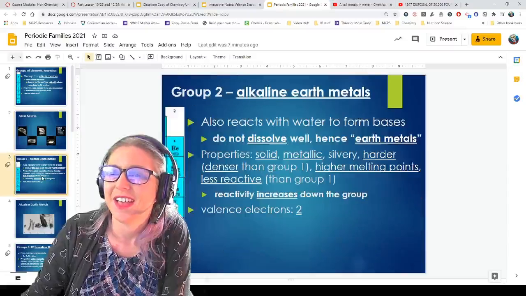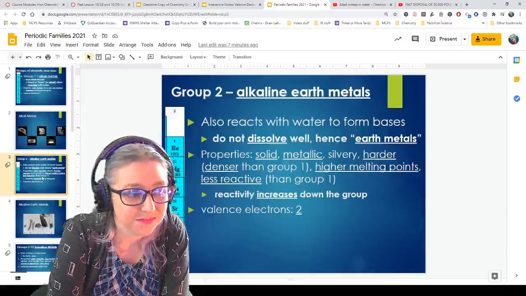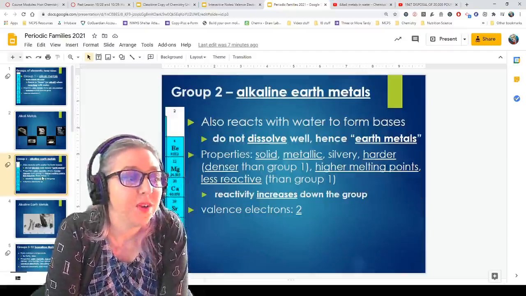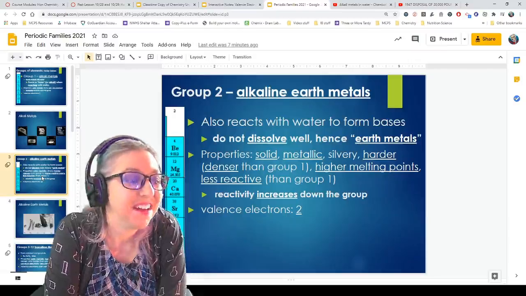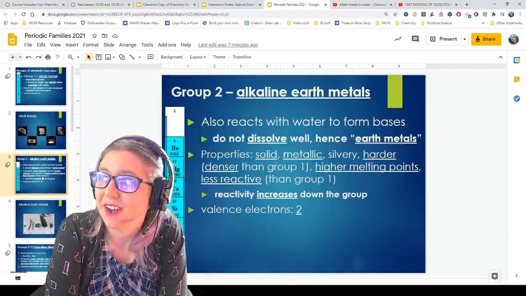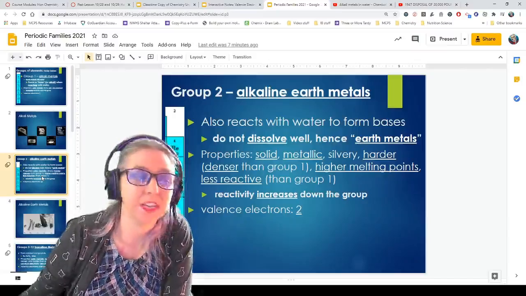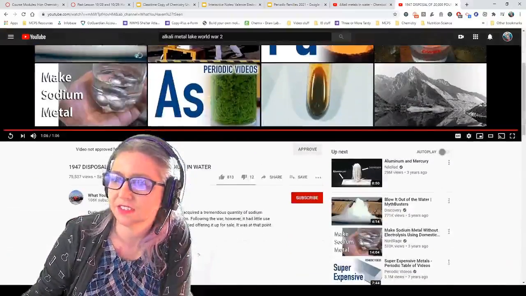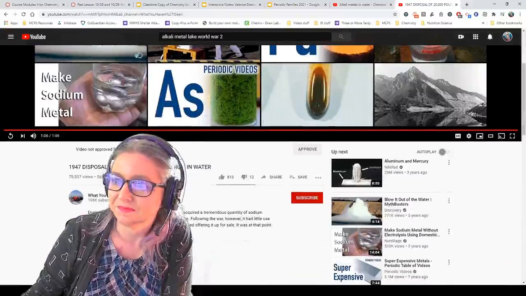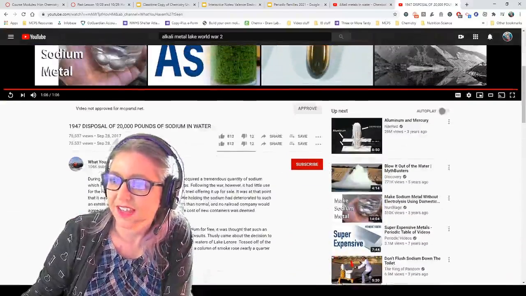And then we have the alkaline earth metals. So this is group 2. Oh yeah, so if there was anything alive in that lake, it's dead. They mentioned it was already an alkali lake, and I actually started looking up the name of that lake because I'm kind of curious to see if there's still lasting results. So yeah, anything in that lake,